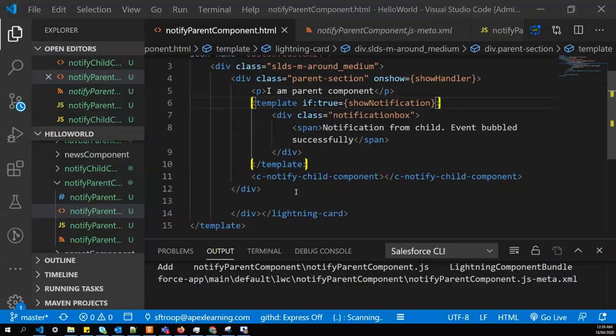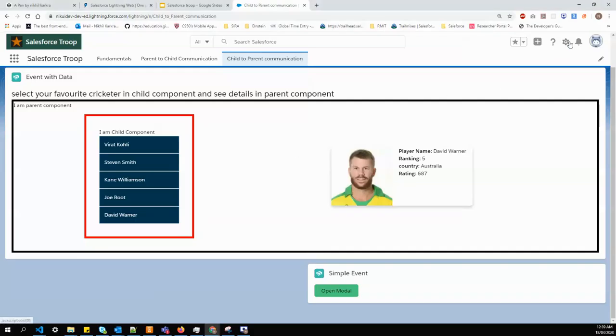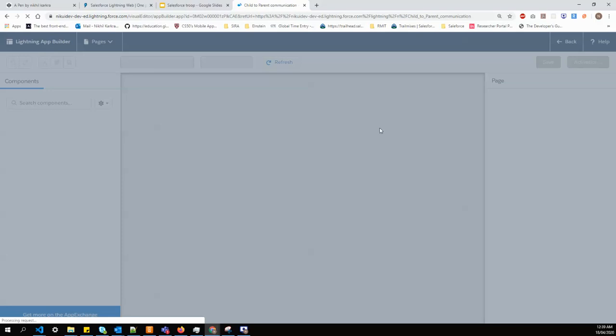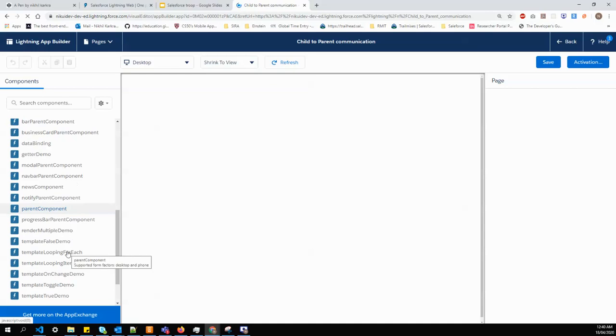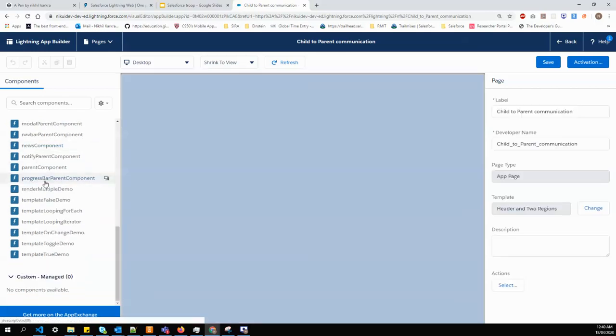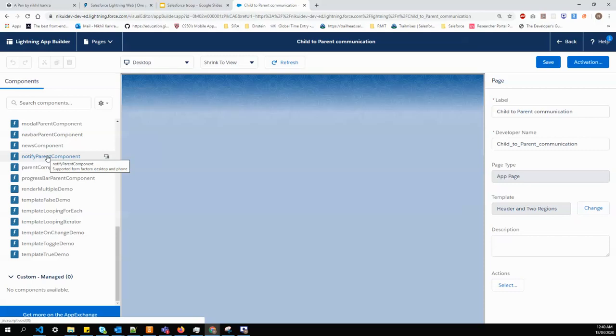So let me go to the org and edit the page. Let's search for our element name, that is notify parent. It's here.